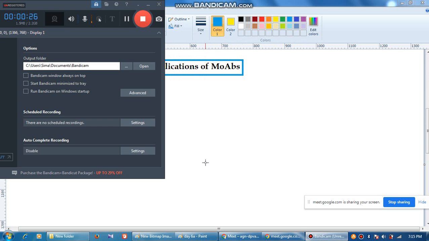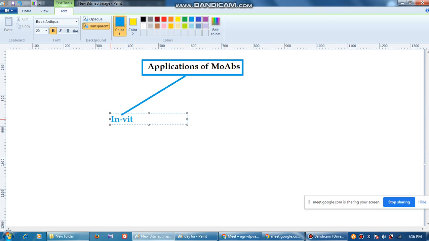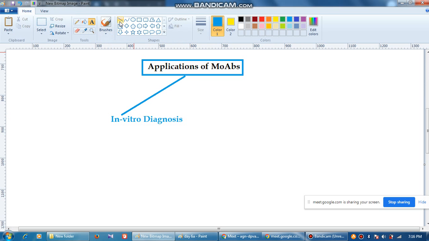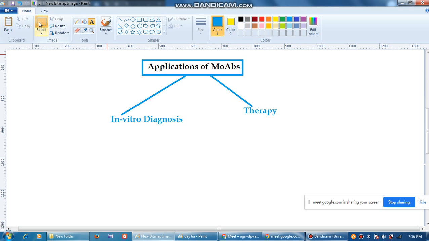The major applications of monoclonal antibodies would be, first and foremost, in vitro diagnosis. So one of the very important applications of monoclonal antibodies is in vitro diagnosis. Then what else? Then there is therapy, which is very important. Now why are these important for therapy as well as in vitro diagnosis? Because monoclonal antibodies essentially